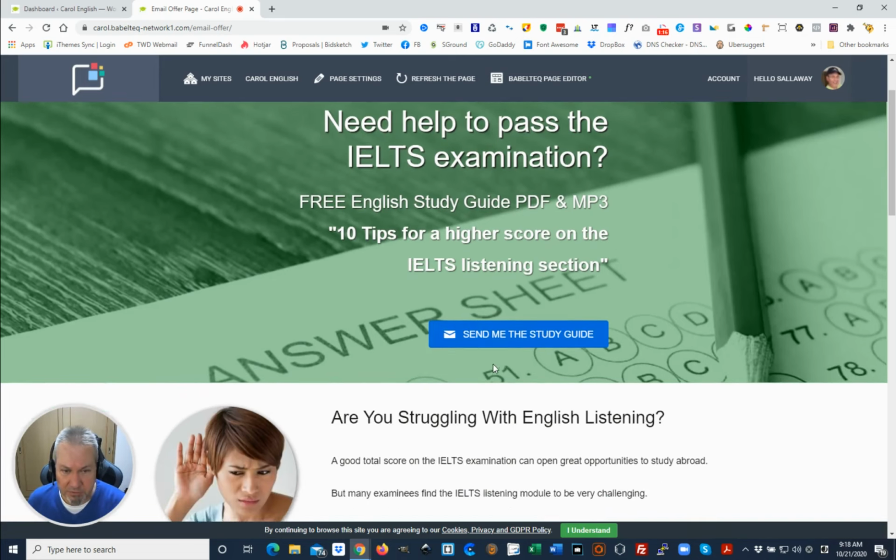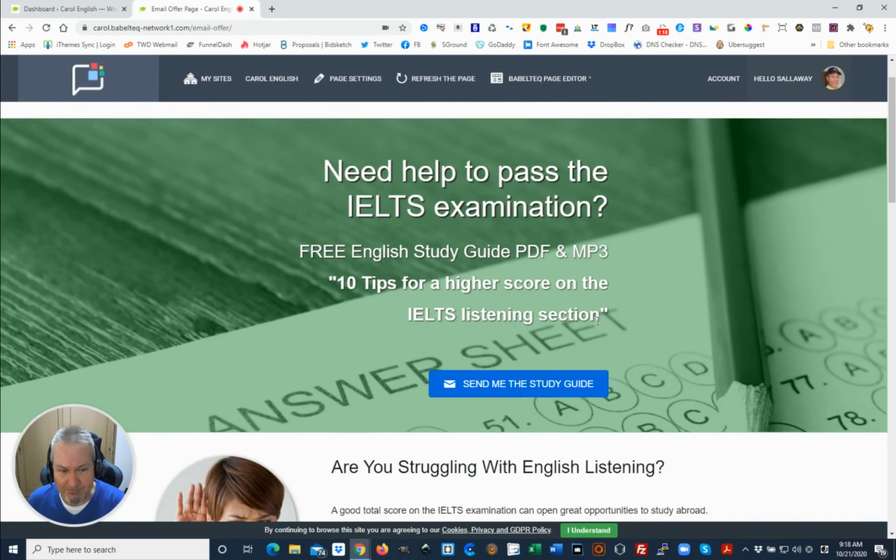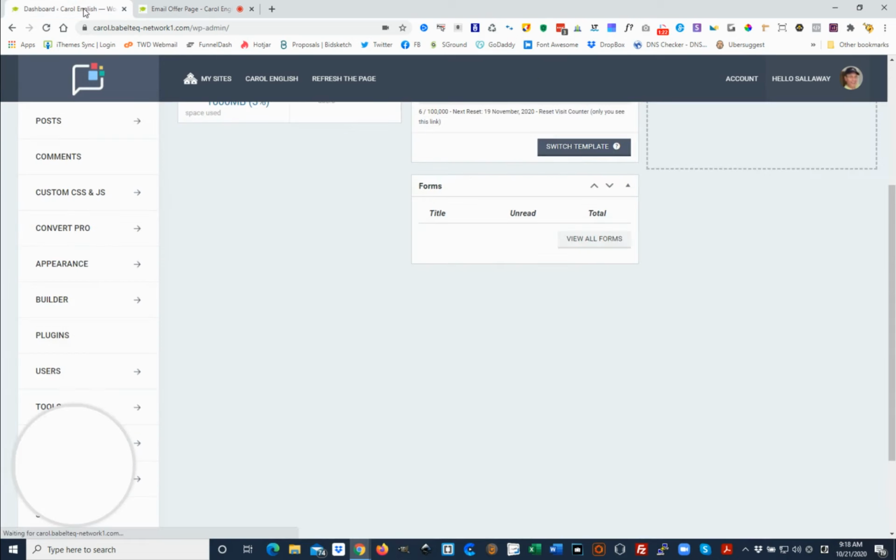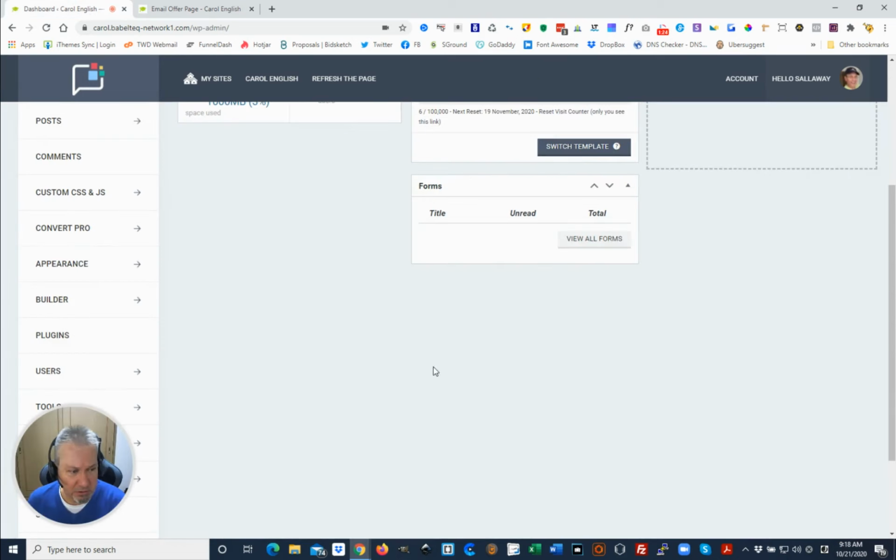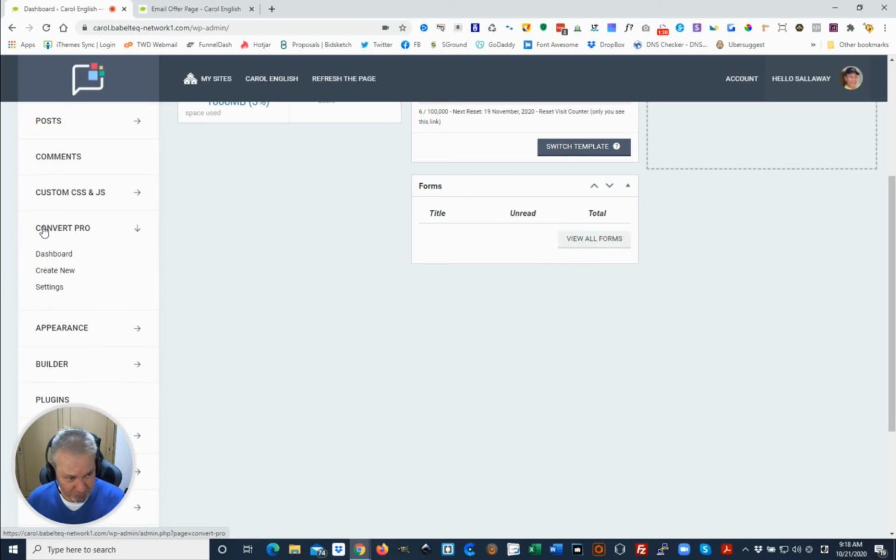So this is the front page of the site, of course. Let's take a look at the back end. So this is your dashboard. What you want to do is come over here to this option, Convert Pro. Convert Pro is the name of the plugin that controls this pop-up form. So if we click on Dashboard,